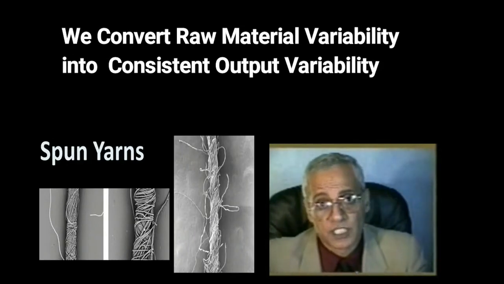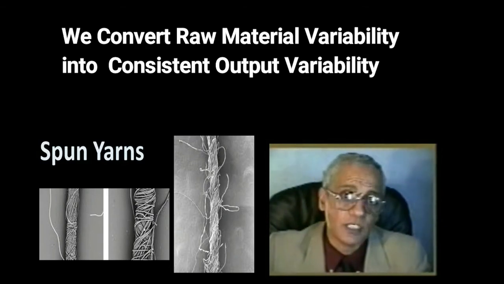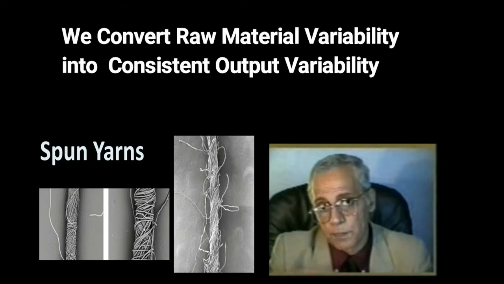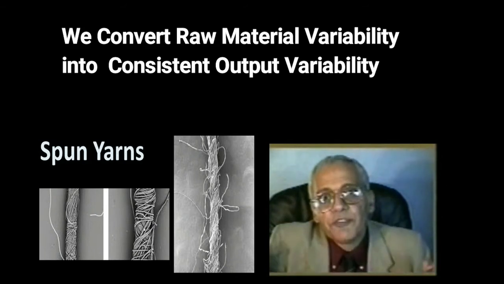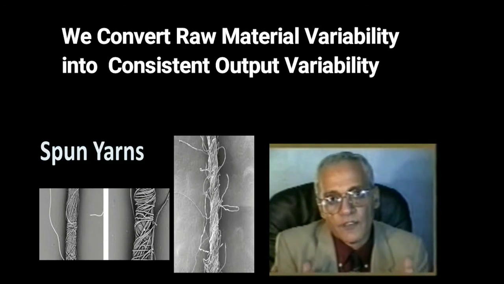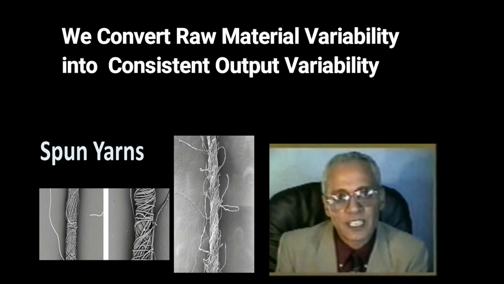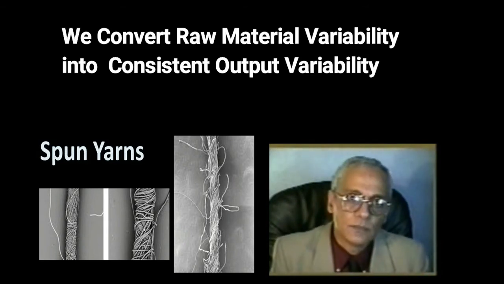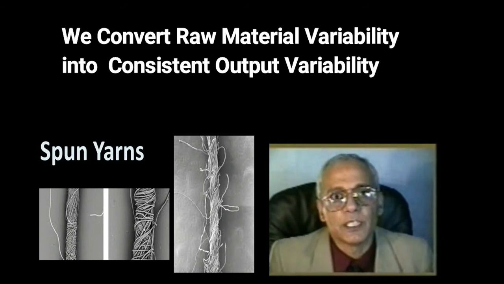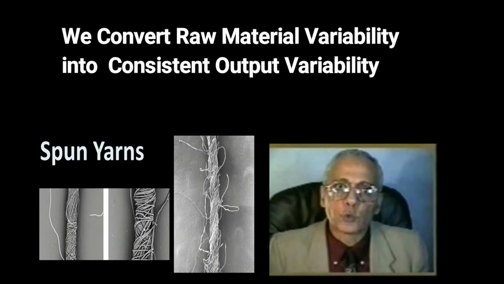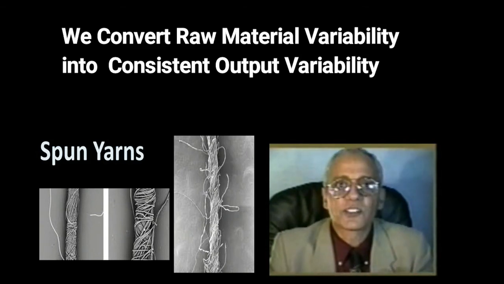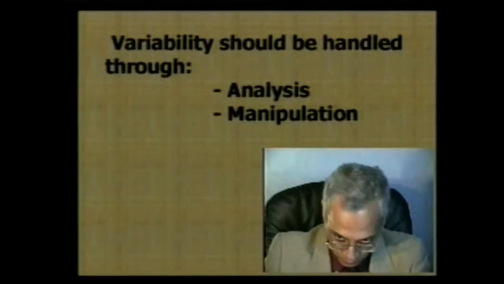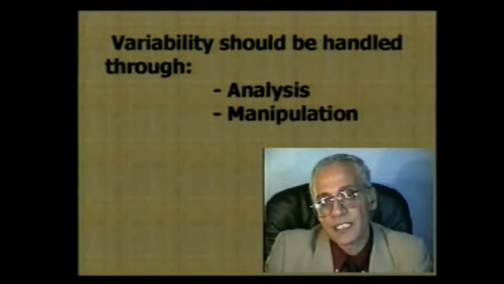And all it takes is just to take a look at the yarn under a microscope and you're going to see all types of variability. Thick, thin places, hairiness, nips, everything. But the fact that this level of variability is maintained consistent from one package to another, from one shipment to another, is the key. So the way we handle variability is through manipulation. We try to keep our variability consistent day in and day out. So that is how we manipulate variability, and we will discuss that a great deal.